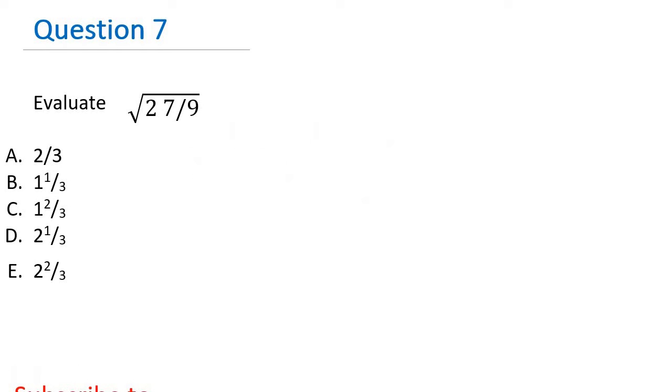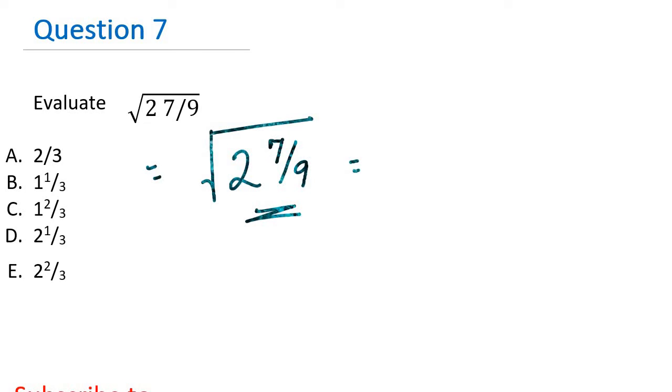Question 7. Evaluate the square root of, this is meant to be root 2 whole number 7/9. To solve a question like this, you must change the mixed number to improper fraction. Okay, so to do that, 9 times 2 is 18. 18 plus 7 will give me